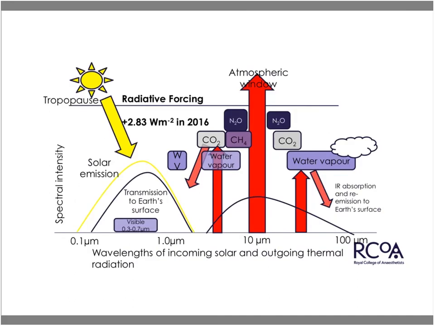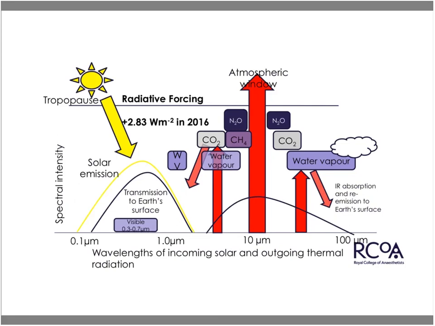Now, in my cartoon here, I've illustrated rather simply a little bit of atmospheric chemistry. The sun, radiating as it does from the surface of the sun at a temperature of about 6,000 Celsius, emits radiation largely in the visible spectrum. This is transmitted across the 93 million miles to Earth, where it warms the atmosphere, and some of that gets